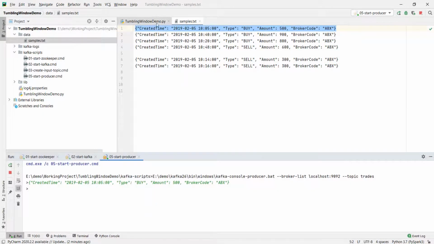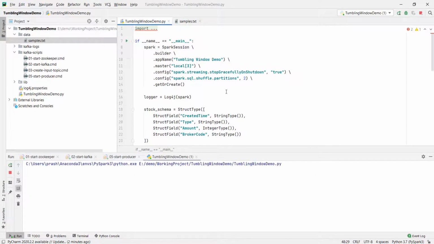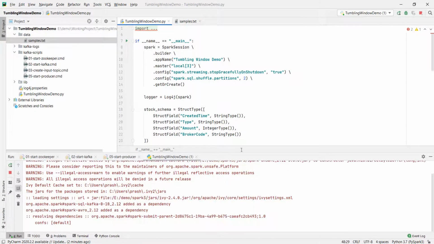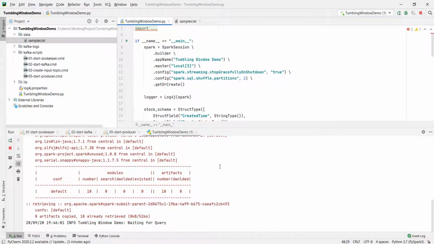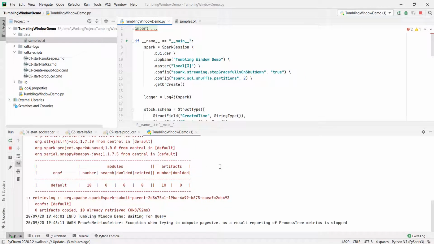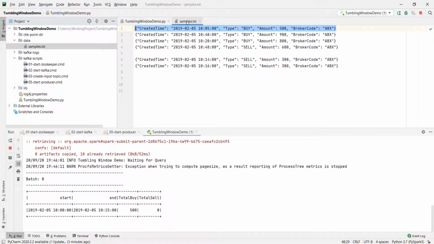Now let me start the application. What do you expect? A tumbling window and its aggregate, right? Here it is. Now let me send the next input.